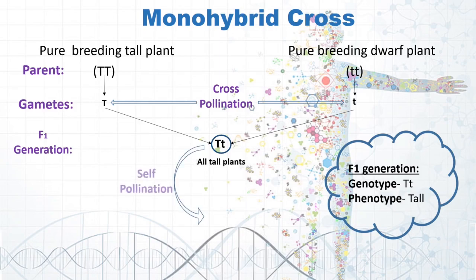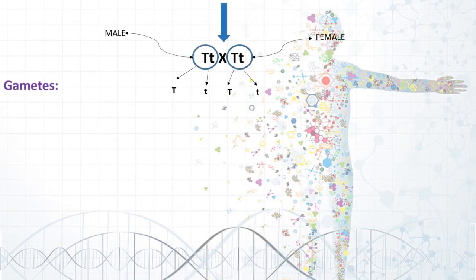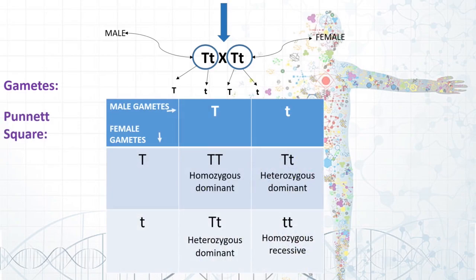Next, Mendel self-pollinated the F1 plants. After meiosis, the gametes formed were capital T and lowercase t of one parent and capital T and lowercase t of another parent. He was now curious to know the genotype and phenotype of the F2 generation, that is the second generation. He observed that now some offspring have the trait of one parent and some have the trait of another parent. He could also see that no offspring had the trait in between.